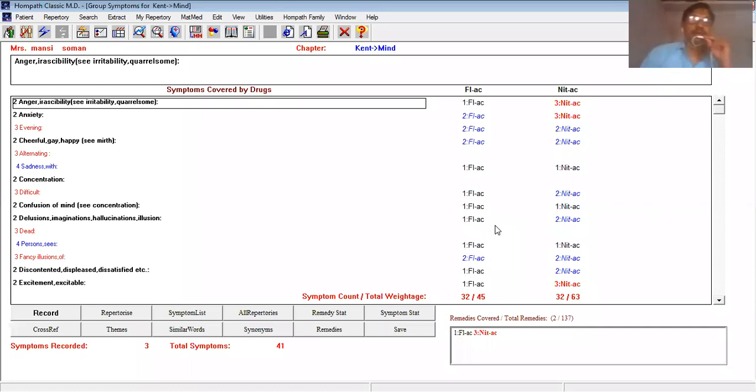See, convert materia medica has given me 32 common mental symptoms belonging to this acid group, and from this acid group, or from these two remedies, whatever common mental symptoms there will be, I will create a theme of the mental symptoms of the acid group.